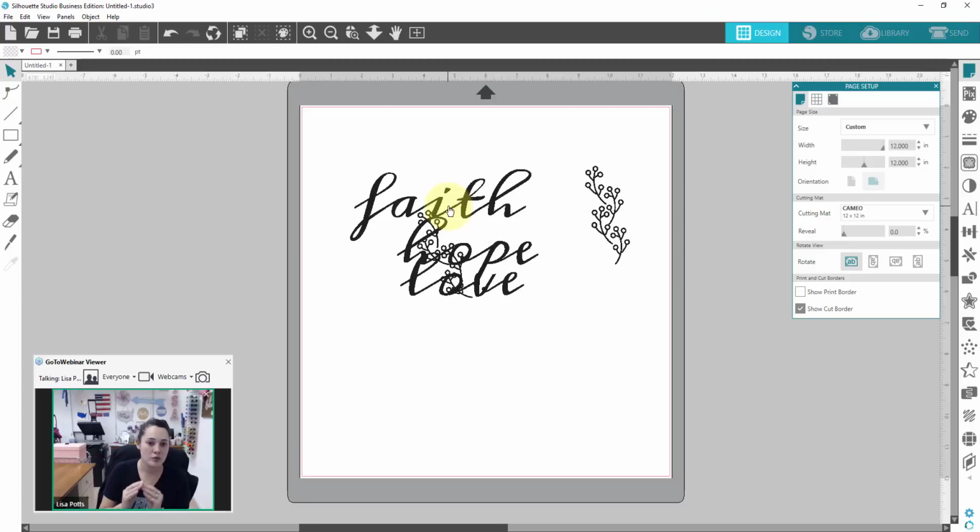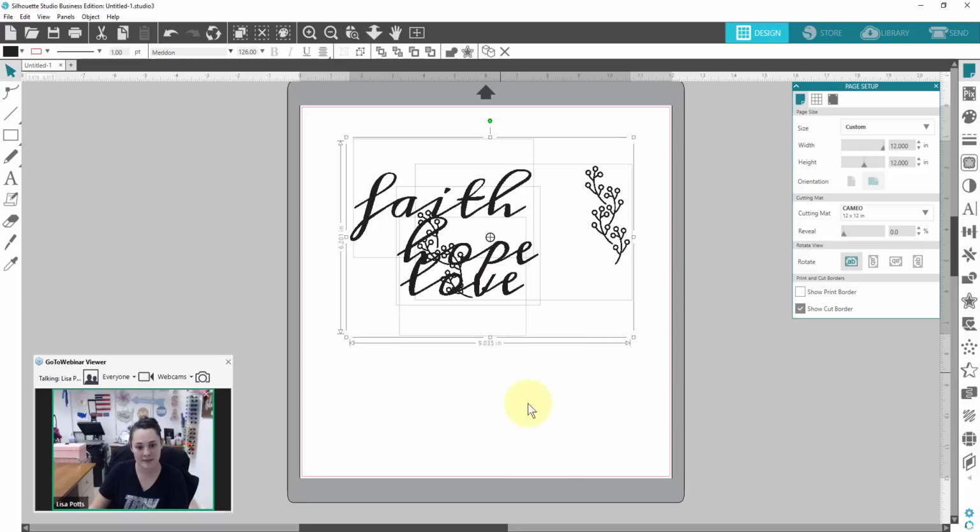why I do think that bringing in Corel files and using Business Edition is useful is because you can open up Corel files, you don't have to find some way to convert it, it's not an extra step. But also, let's say you are using your Business Edition and you are crushing it and you are ready to get a bigger cutter. Well, up until now, you would have to recreate all the designs in Silhouette Studio that you made. So let's say you made a design and you got really good at designing in Silhouette Studio because you've been watching my webinars, and now since you have your bigger cutter, you don't want to have to replicate them all in Corel. Well, the cool thing is right here, I'm just going to go ahead and ungroup this,